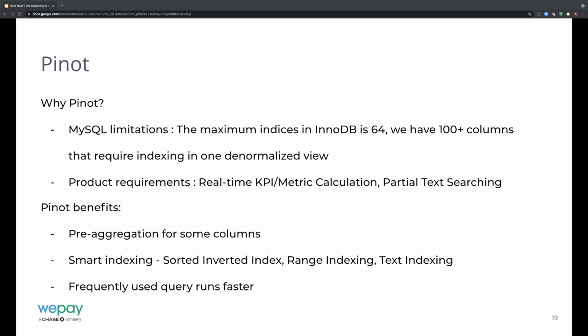But as we talked, our downstream denormalized view is a combination of multiple tables, and customers read from these views. To give better query performance, we have over 100 columns that require indexing in one denormalized view. Therefore, 64 is not enough to support our use cases. And then talking about the product requirement, we will support